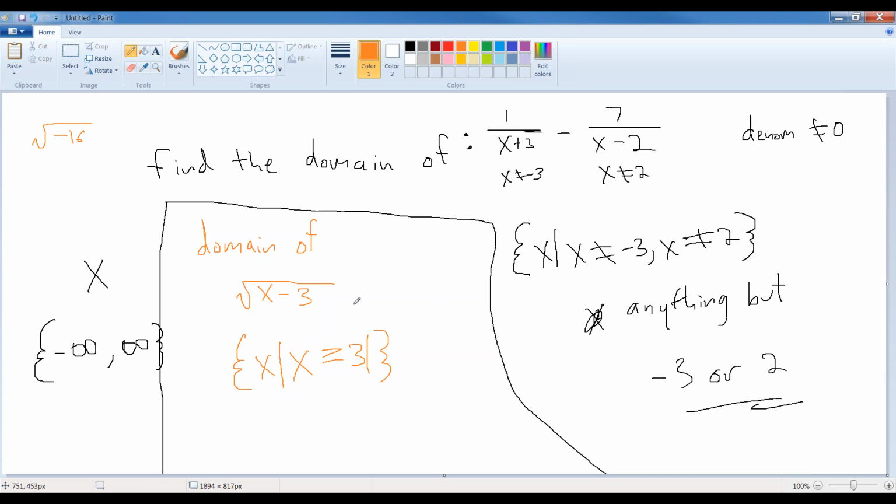Remember, it can be equal. It's fine for a square root of 0. You know, square root of 0 works. Square root of 0 is simply 0. So if x is 0, that's fine. I'm sorry, if x is 3, that's fine. It would be the square root of 3 minus 3, which is the square root of 0, which is 0. X can be 3, x can be 4, x can be 5, x can be 6, but it cannot be